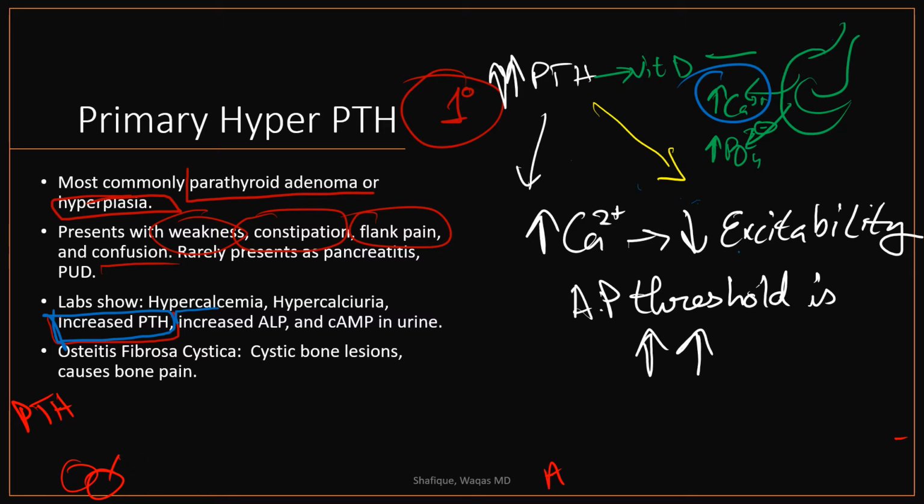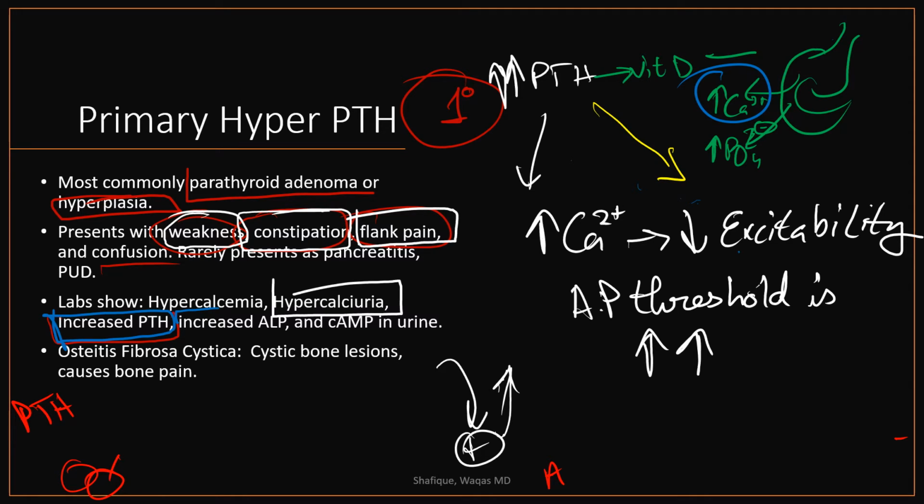So they require more positive charge to enter into the cell for it to depolarize, which will show up as weakness, decreased GI motility, which will cause constipation, and flank pain is due to the fact that you have